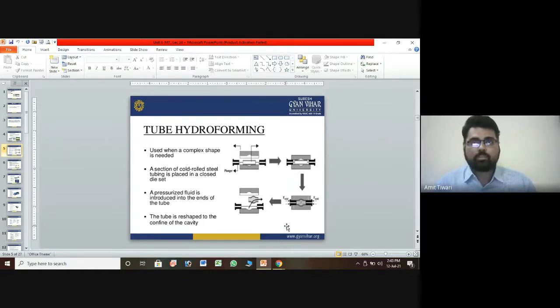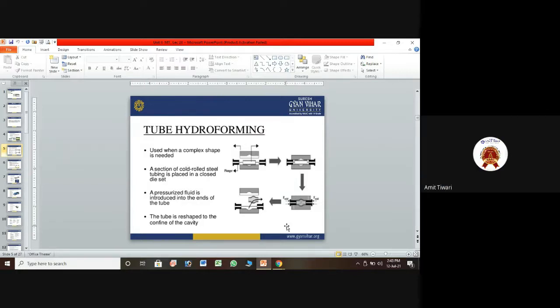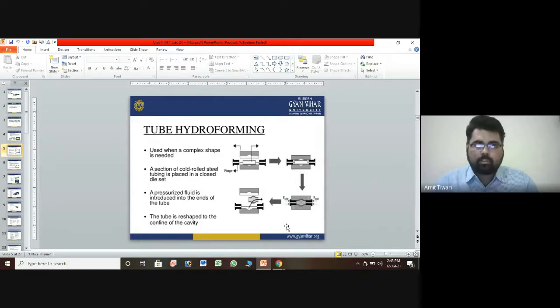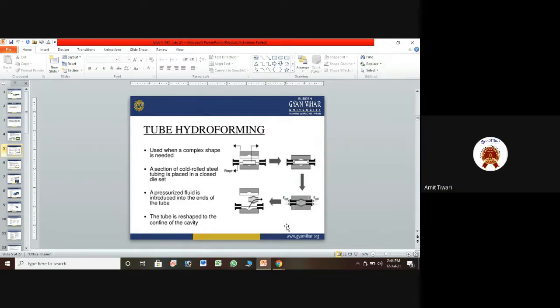So basically, fluid pressure is the most important part. You can apply the fluid pressure on that particular point. That's why it is easy to understand and easy to fabricate this type of tube forming. You can divide this forming into three words: tube, that means you want to make a cylindrical shape; hydro, that means the use of fluid pressure; and forming, that means you apply the pressure on that point and convert the shape into the final design, as per your design, as per your imagination.